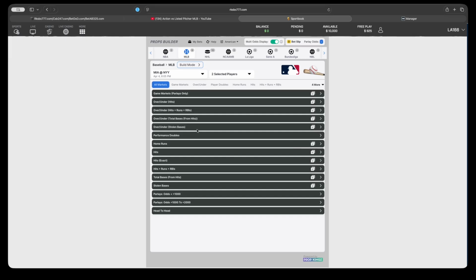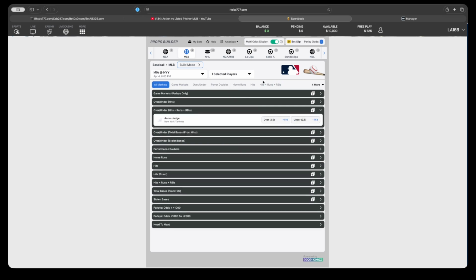You can just bet on different things. You can change it by which players you want to select. If you only want to look at Aaron Judge, you can do that. And look at things and see what you want to do. Or you can go to